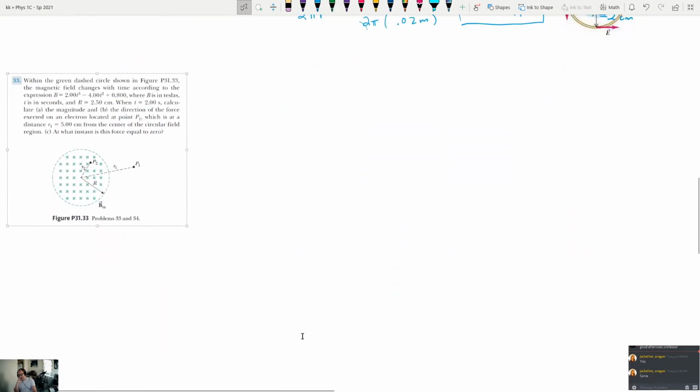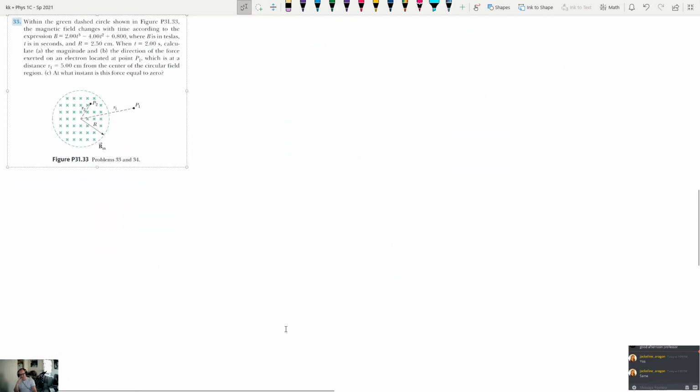Okay. So this problem is from a different textbook, but you are going to see problems like this from your text as well in the homework, and I know there's a problem like this in the lab manual. Within the green dashed circle, shown here, the magnetic field changes with time according to the expression B equal to 2t cubed. I'm going to write this over here so it's easier to read. So B is equal to 2t cubed minus 4t squared plus 0.8, where the units of 2, 4, and 0.8 work out so that this entire thing gives you Teslas,